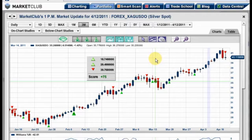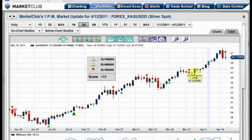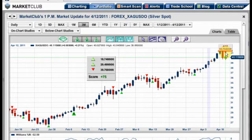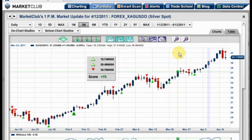The silver market is showing a minus 75 right here. If you're a short-term trader, you should be out of silver right now. We got in here at 37.39 with our daily trade triangles. This is for short-term trading. And we're out today at 39.76. So that's about a couple of dollar profit on the position in a pretty short time period. Pretty happy about that. This market looks like it could be more on the defensive, and let's see what our